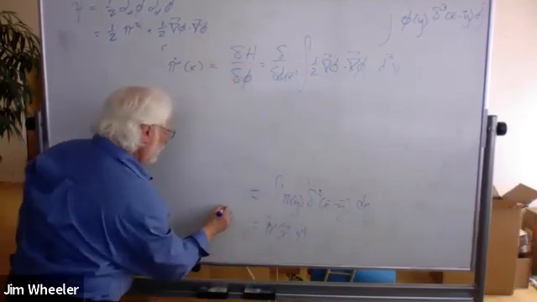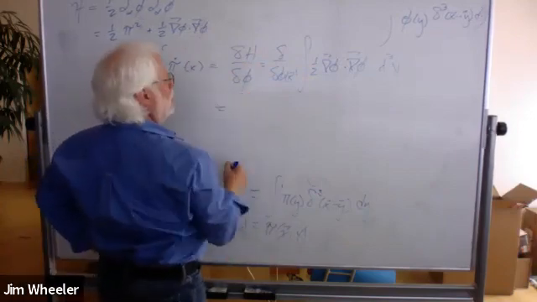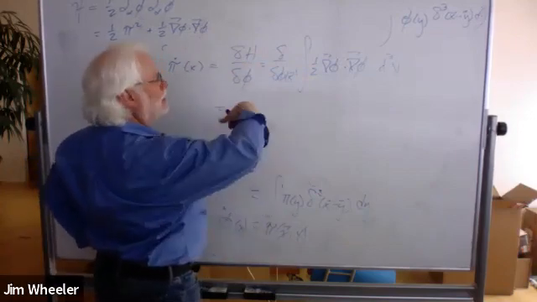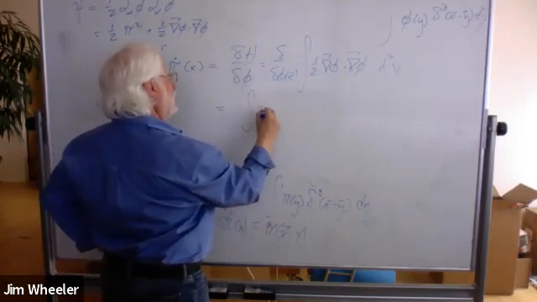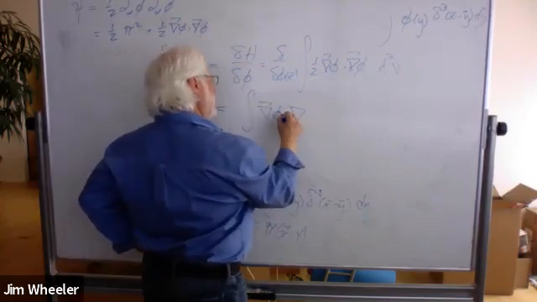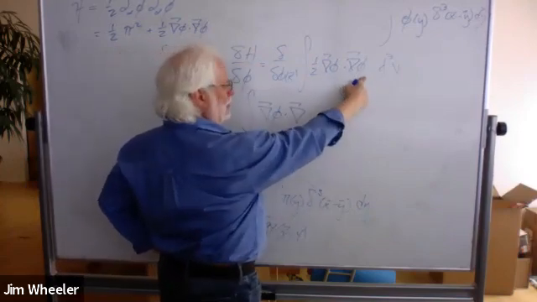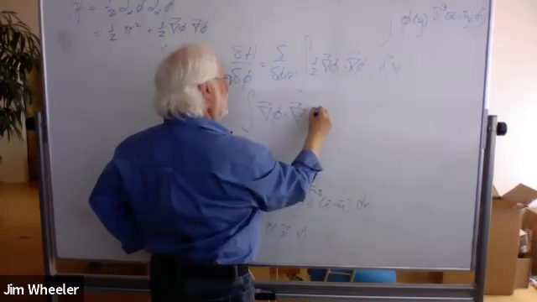So that was our phi dot here. So what happens? We go inside, we're going to get a 2, and what it's going to give us is grad phi. Then we have dot grad. We take the functional derivative of phi of y with respect to phi of x, and we get a delta function,